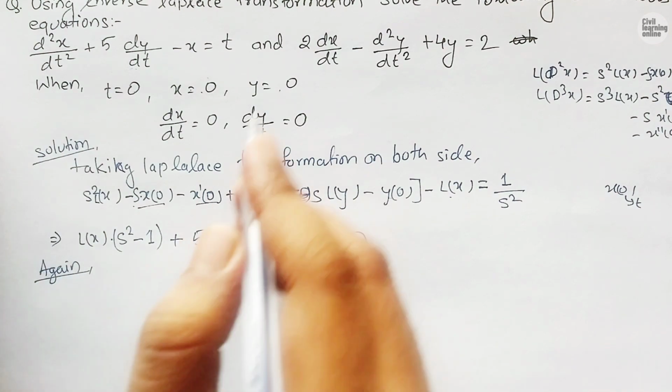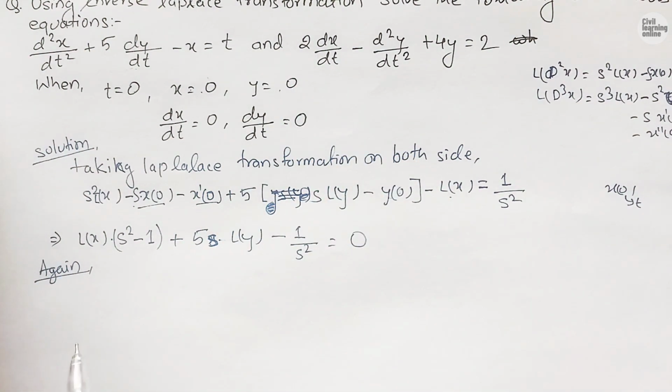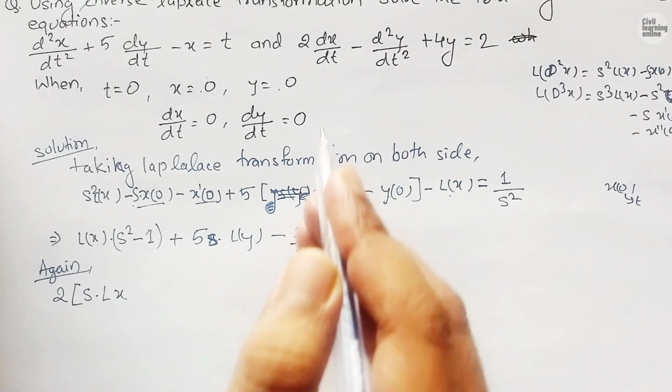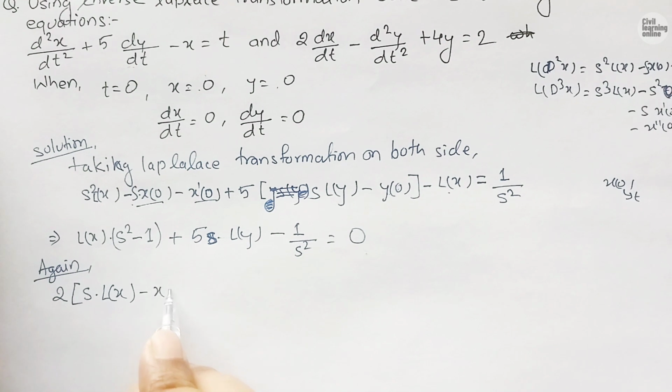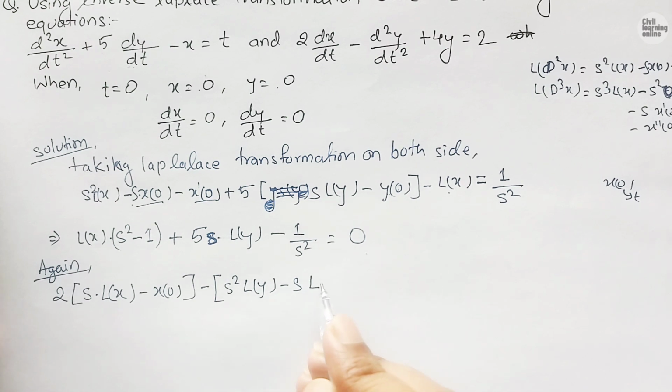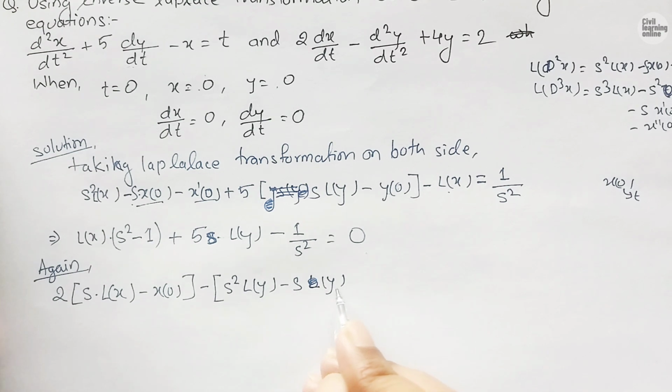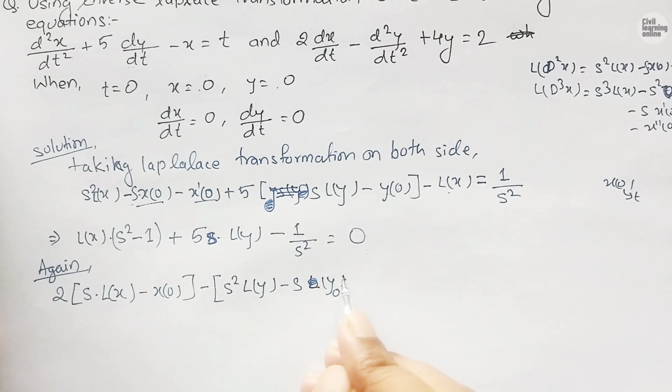So again we have here 2 times dx by dt. So we will have here 2 times s times Laplace transformation of x minus x0, okay, minus, again we have d square y, so we will write it as s square times Laplace transformation of y minus s times y0, okay, y0 minus y double dash 0,